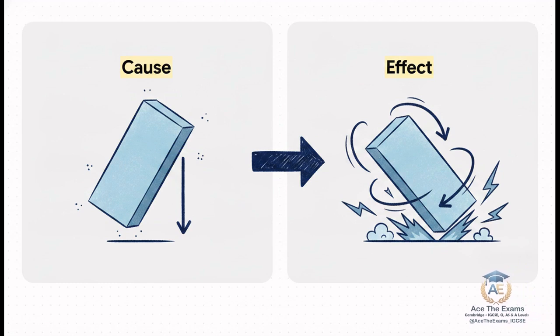The line of action of the object's weight falling outside its base is the cause. It is the underlying physical reality. The resulting turning moment, or torque, which actually makes the object topple over, is the effect. If you write the effect as the cause, examiners are strictly instructed to withhold your marks because it shows a really fundamental misunderstanding of the physics timeline. By visually contrasting these two things right now, you clear up the single most common conceptual trap. Rule of thumb: always start with the physics cause, and then describe the physical effect.